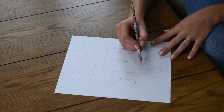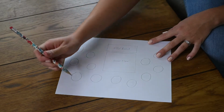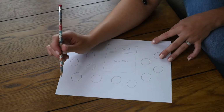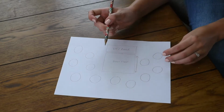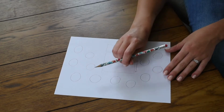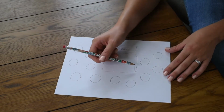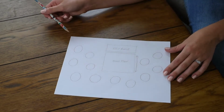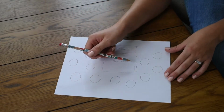So if I'm wanting to photograph this way, and this is where I'm shooting, I'm going to want to put my flash either in this corner or this corner right here. Preferably this corner here. So basically, if I want to shoot from right here towards there, I want my flash to be off to one side or the other. I don't want it right in the middle because I don't want it getting into my lens. I want it just far off enough in the left or right hand corner so that it's coming back and making a really nice backlight on my couple,